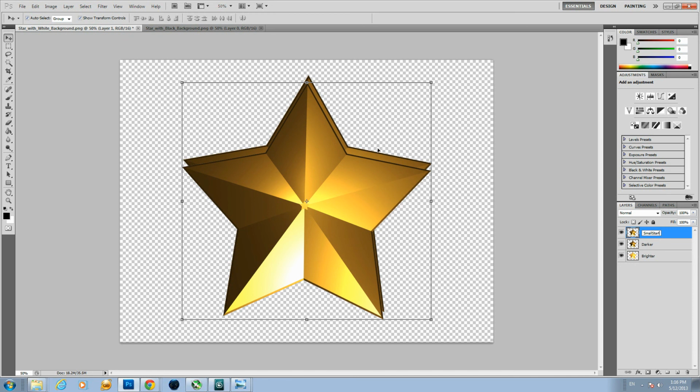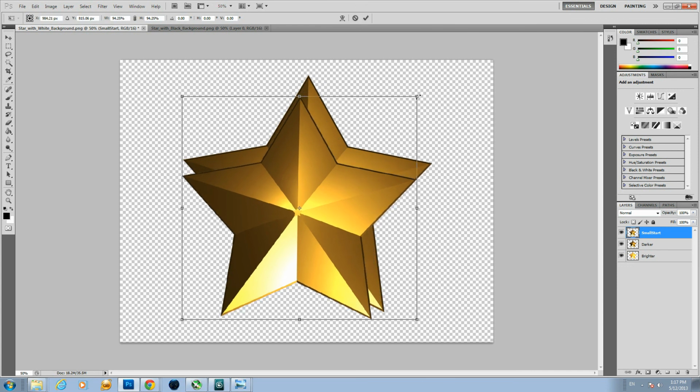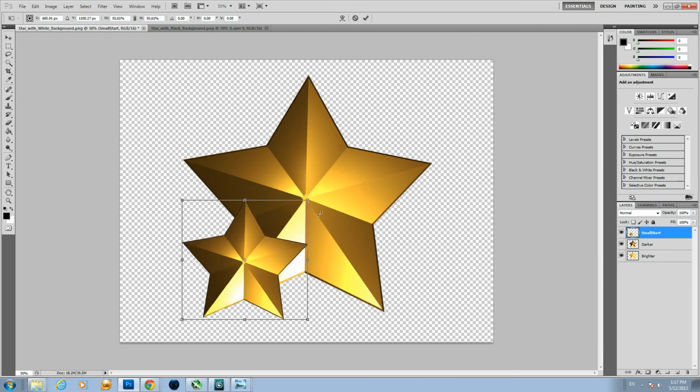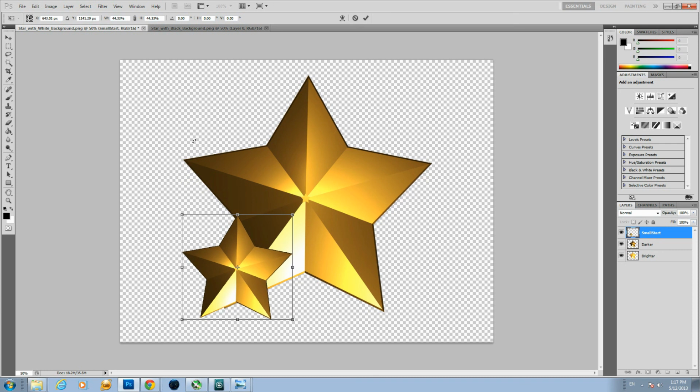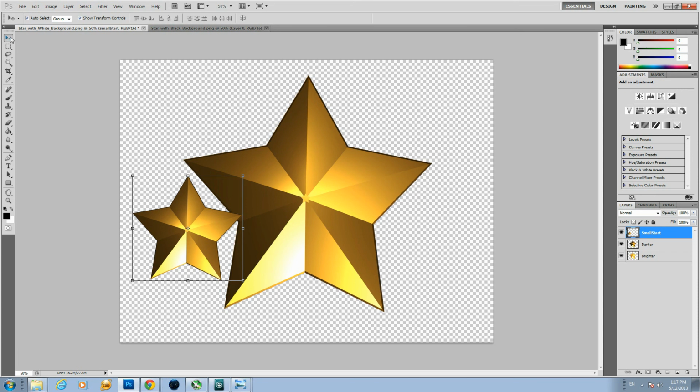Make sure your auto select option is checked and show transform controls is checked, otherwise it's not going to show you those bounding controls. By putting your mouse in the corner of those bounding controls and holding the shift button, you're going to scale it down vertically and horizontally in proportion. You can scale this star the way you want it, and then click over here or click the accept button right here,